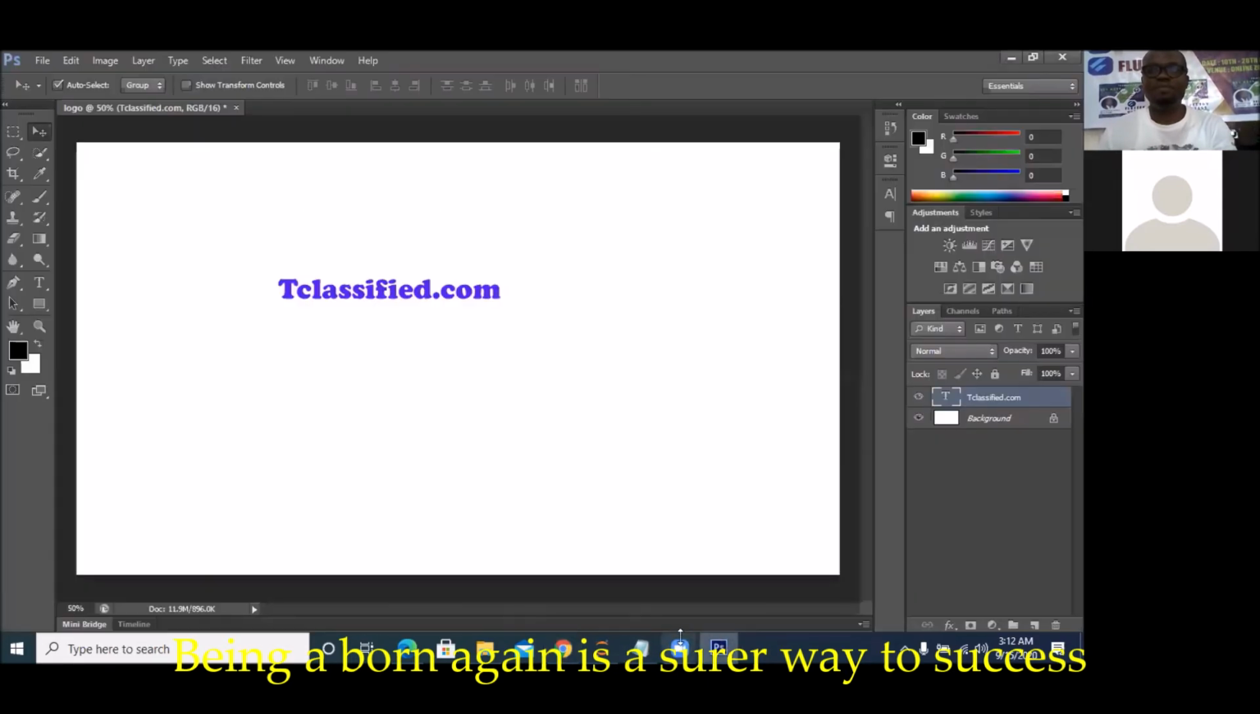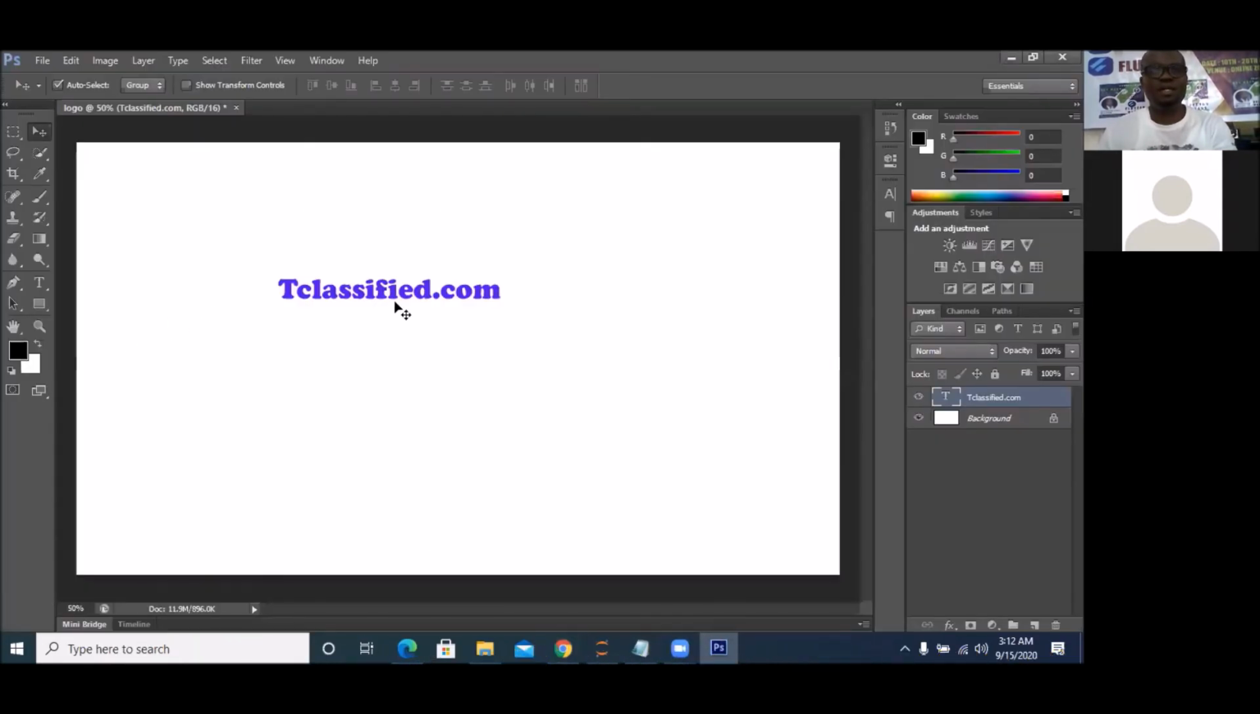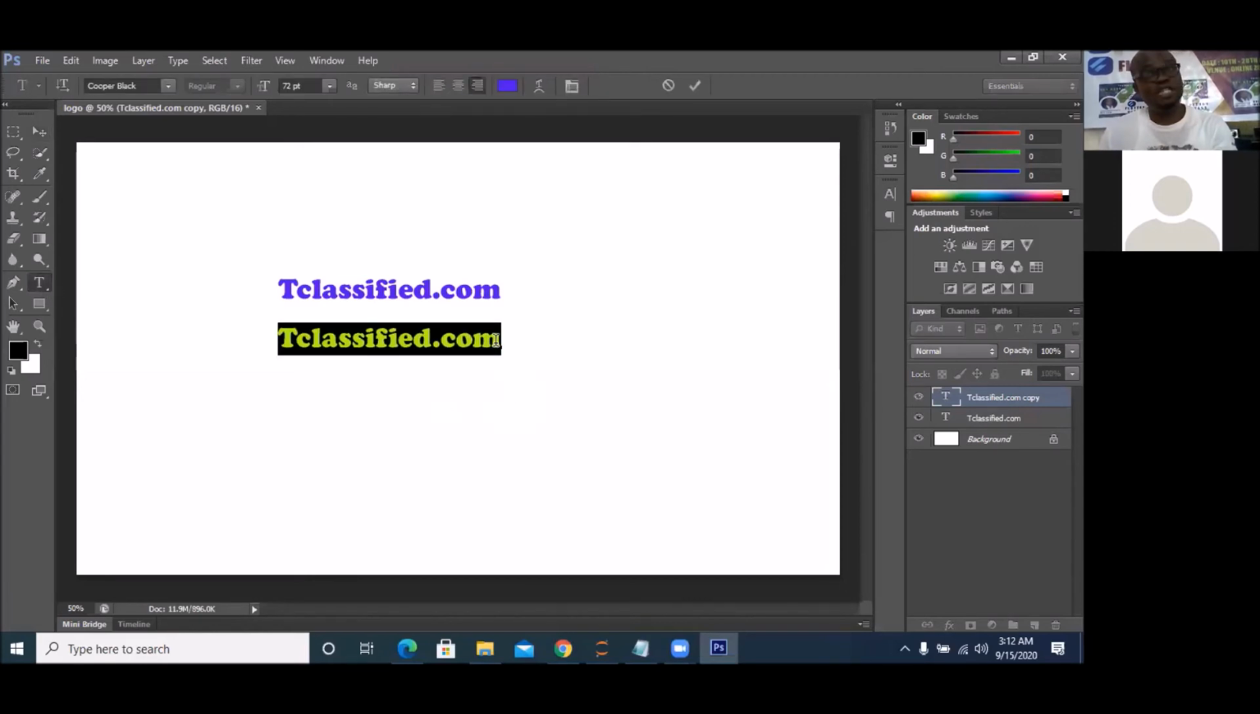So I'm gonna quickly get back. So once I click on this, using the move tool, I'm gonna hold down the Alt and drag it down. So it's gonna copy it. That's what it does. So I have another layer now, Tclassified copy. I'm gonna double click on it by picking up the text tool first. I'll double click because I want to change it. So I'm gonna simply write